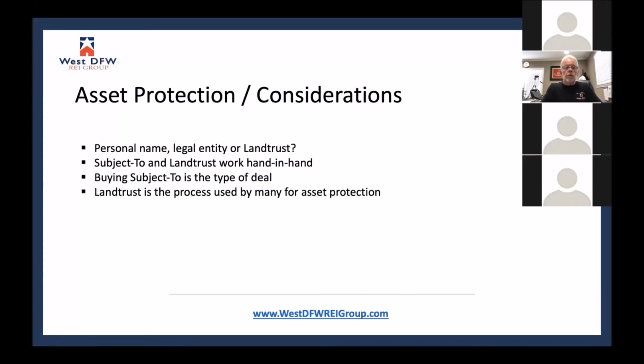A land trust is a process used by many for asset protection. Like I said, it keeps your name off public records, and it helps avoid probate when it's done correctly. A land trust also offers another layer of protection in case there's ever any kind of lawsuit. It doesn't guarantee anything. It just makes it harder for somebody to go in and find you